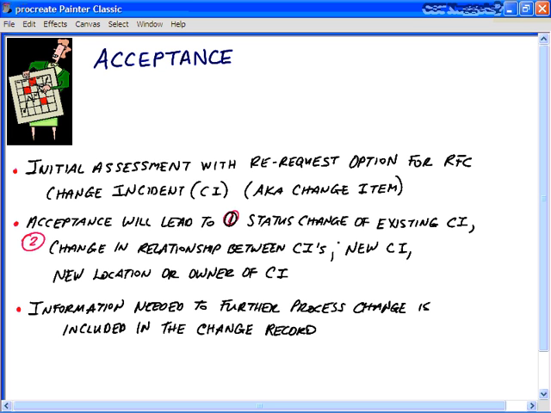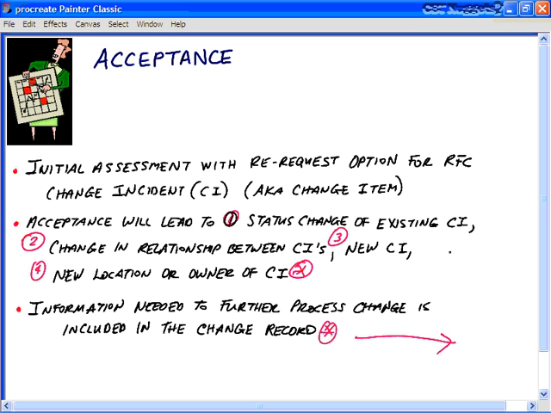Or the acceptance of the RFC could lead to an entirely new CI or a new change incident. Or it may simply be just something like a new location or a new owner of the CI, changing just basic information within that record. Also included in the change record, once you've got to the acceptance stage, is further information that's necessary to process this change. And of course, that leads us to the next step, which is what we call classification,